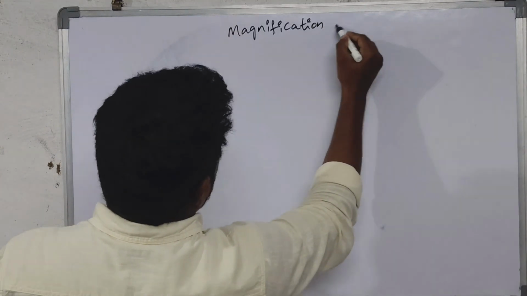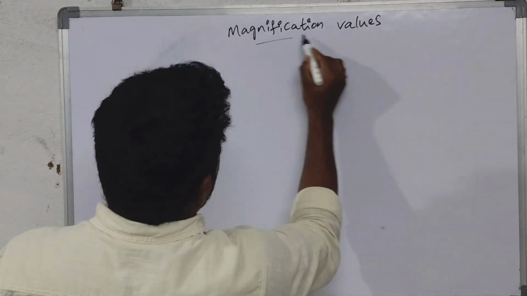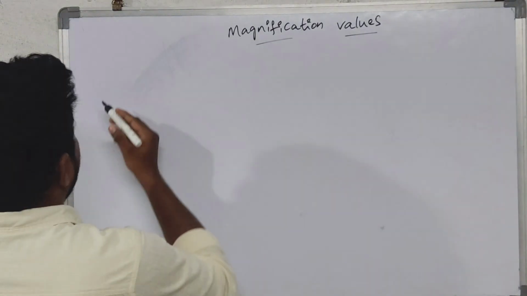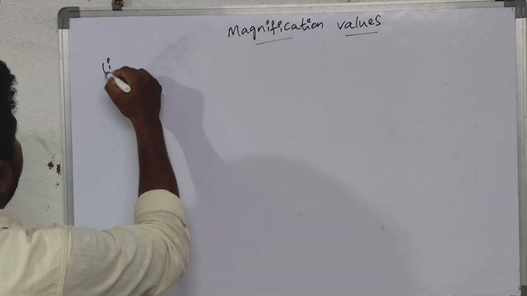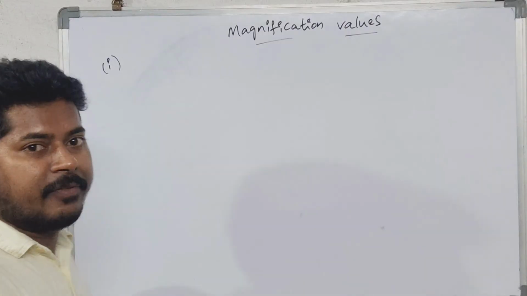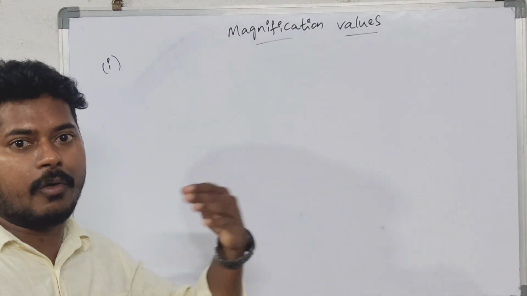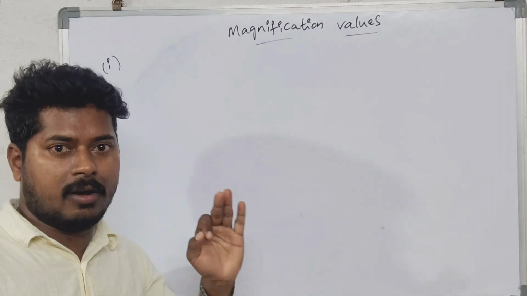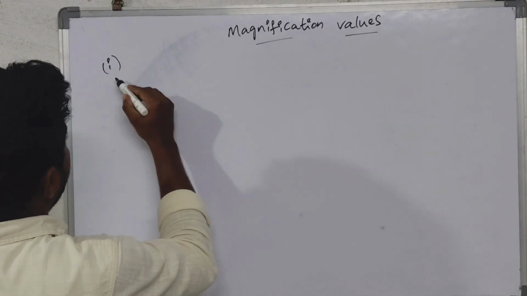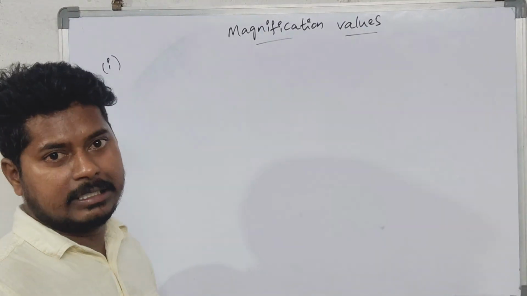Let us see the first case for concave mirror. Already we drew all ray diagrams and we have written the nature for each case. And in the first case, when the object is placed at infinity,